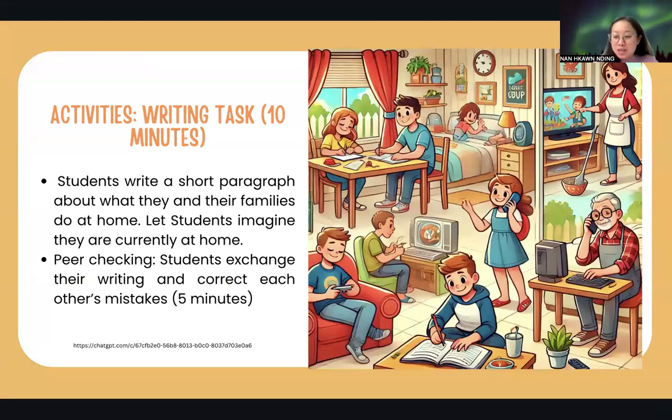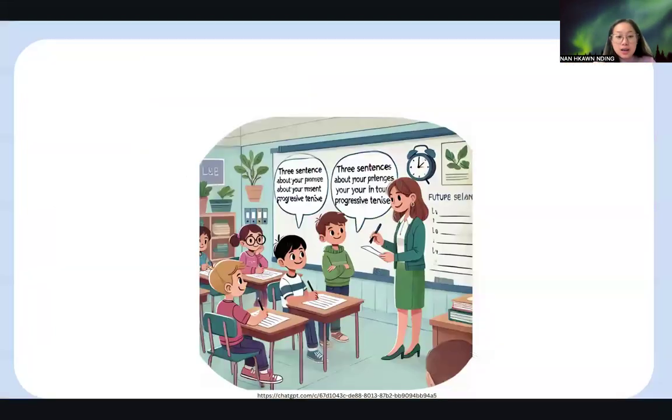Okay, everybody, time's up. So please share with your friends, and then highlight or give suggestions on whether they use the correct present progressive. Okay, now